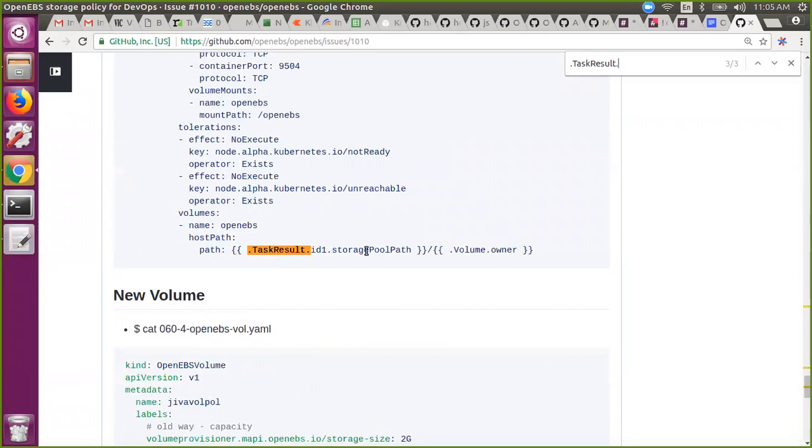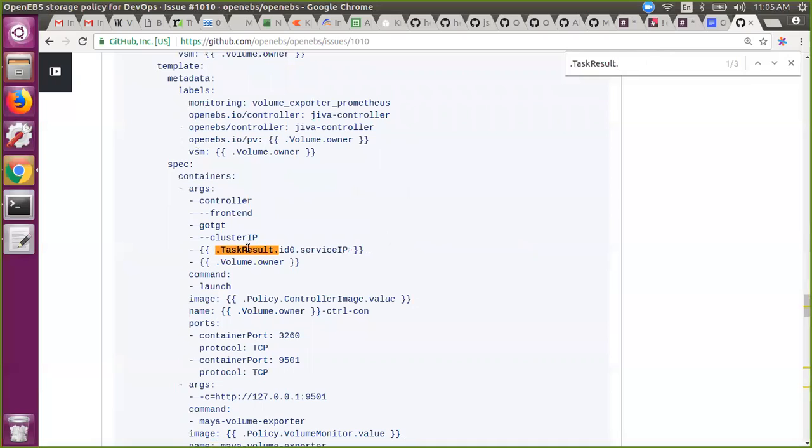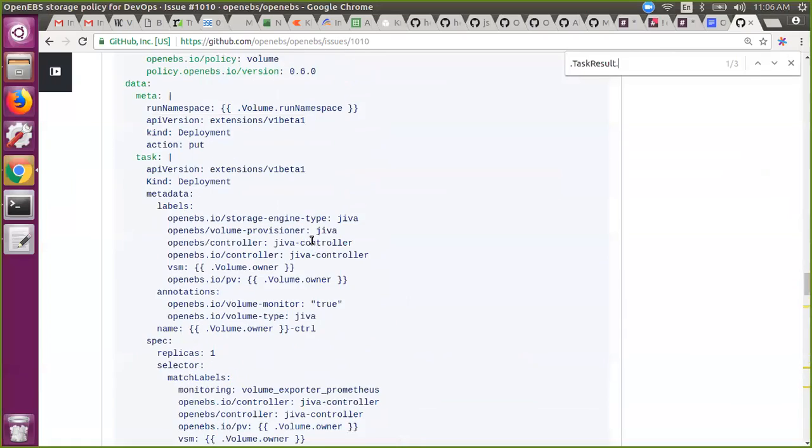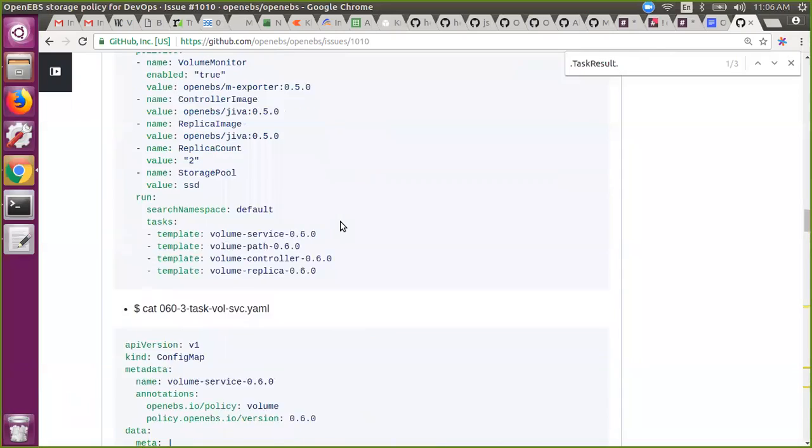I'll come to how this particular stuff gets created, because this is not something which is mentioned in the volume policy, right? Even ID1 is something which has not been mentioned in the storage policy, right? So how does it happen? Okay, so now let's talk about the ID1 property, or even there is something called ID0, right? So ID0, ID1, and so on, like ID and some numeric suffix. It translates to the index, right? To the order of